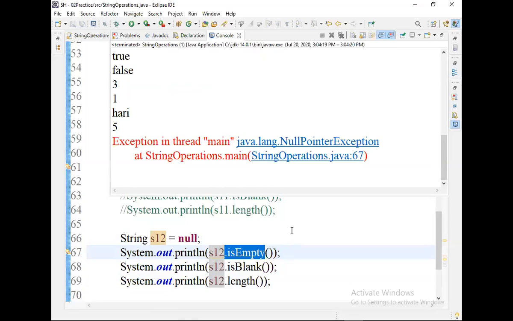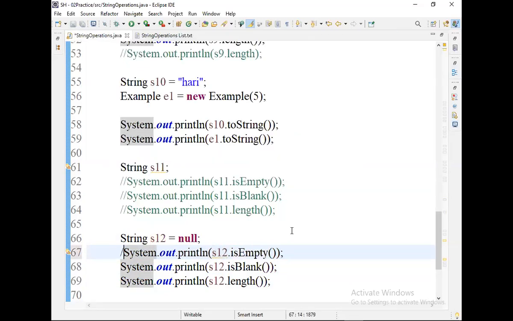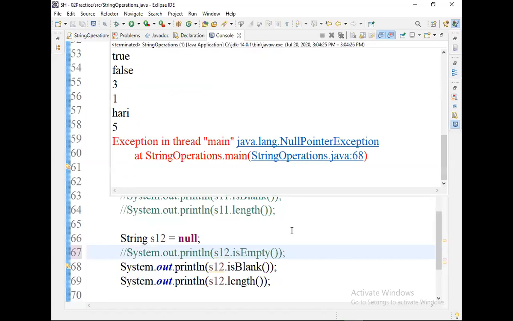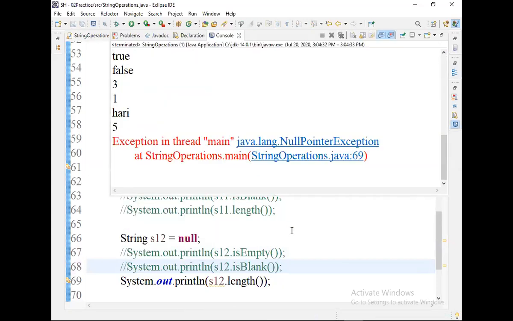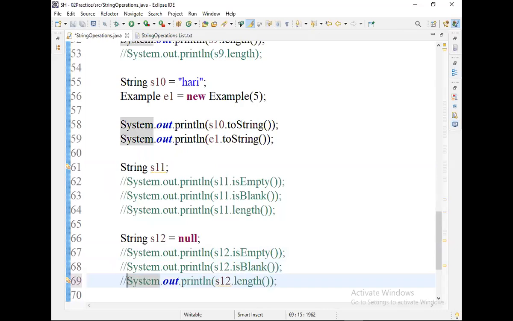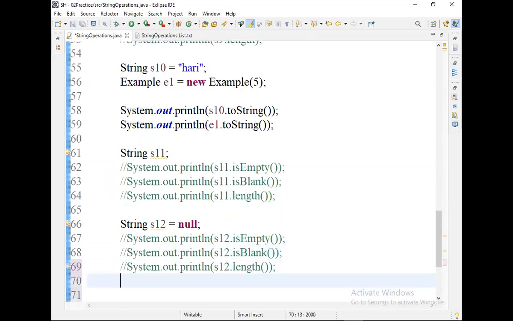Null pointer exception at line number 67, line number 68, line number 69. Got clarity?